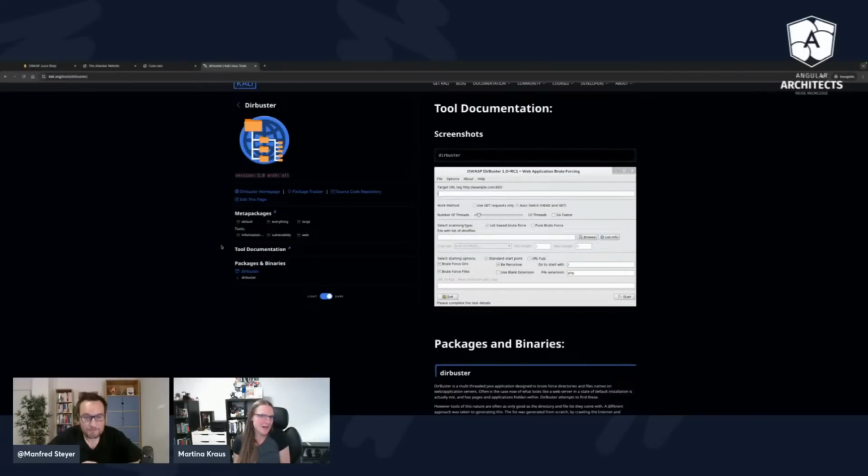Some might have 500, some might have 404 not found, which is then okay. I don't have to dig into this route. Some of them might have 401, and 401 is unauthorized. This means that this route exists, but I don't have access to it. But this is already a good information that this route at least exists. So we just have to steal a token from an admin, and then we can access this route as well. And we saw how easily it is.